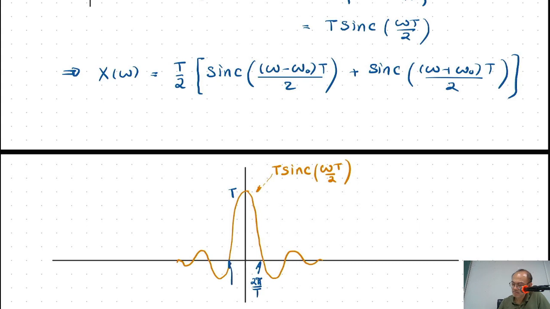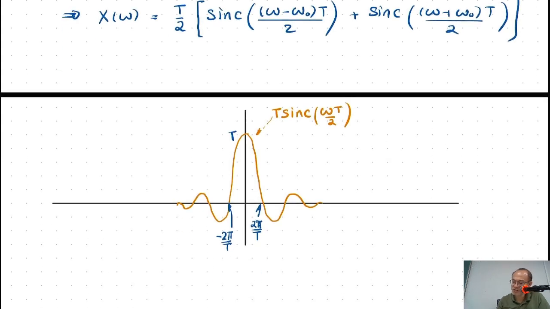This is minus 2 pi over t. Now, we know that we have to shift it to the left and shift it to the right, right? But we have to take half of it. We have to half it first. So half of it shifted to the right would be